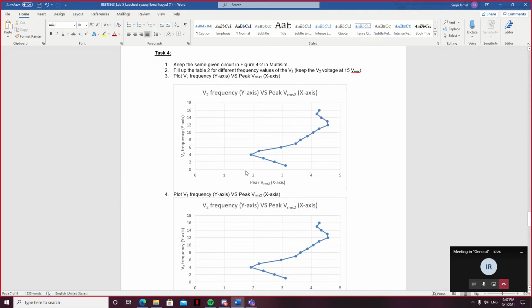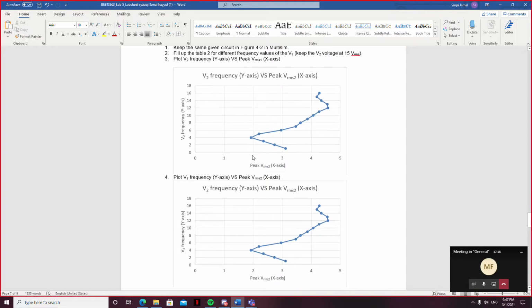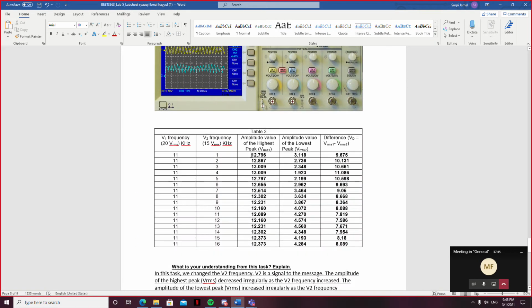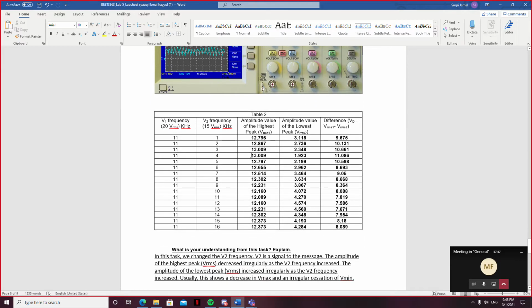Next for task 4. As we know, amplitude modulation is made up of a carrier wave and a message signal. If we look at the table, we can see V2 as the frequency increases gradually, while the amplitude for the VRMS one,